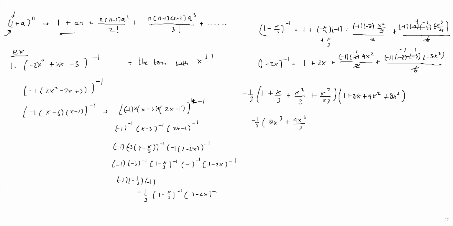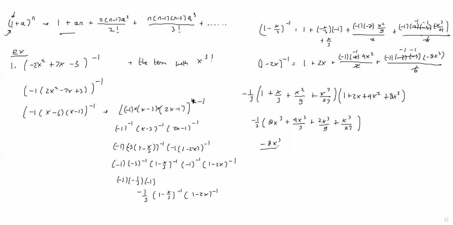What else? We have x squared multiplied by the 2x here, right? So we're gonna end up with 2x cubed over 9. So plus 2x cubed over 9. And then we also have x cubed over 27 times 1. So plus x cubed over 27. Yeah. Now we just need to multiply everything by negative 1 over 3. So we're going to end up with negative. Okay, everything here will be negative actually. Yeah? So that will be negative